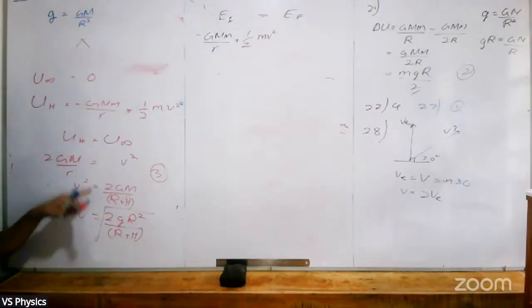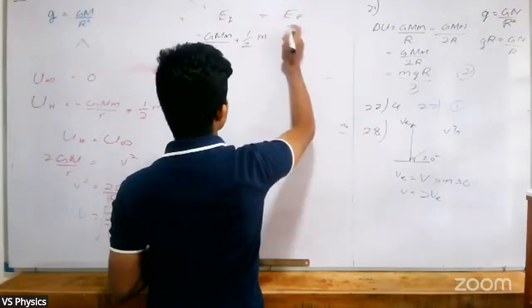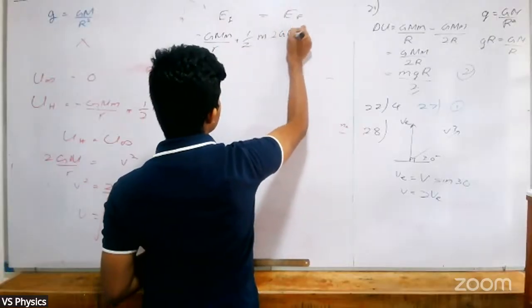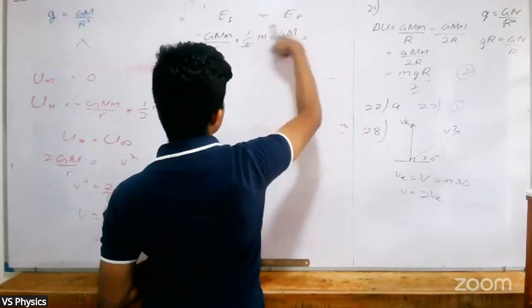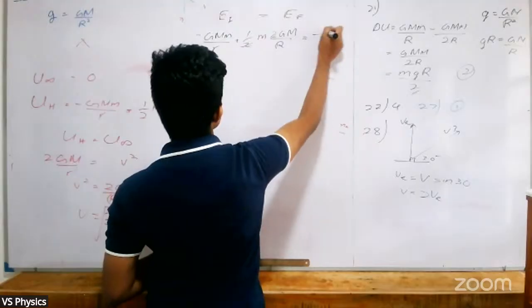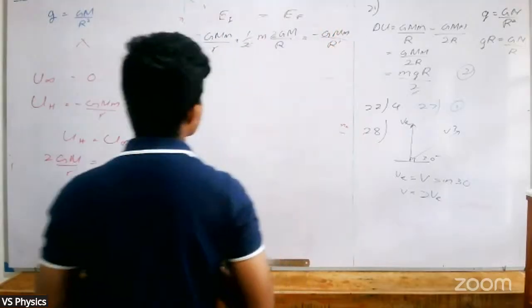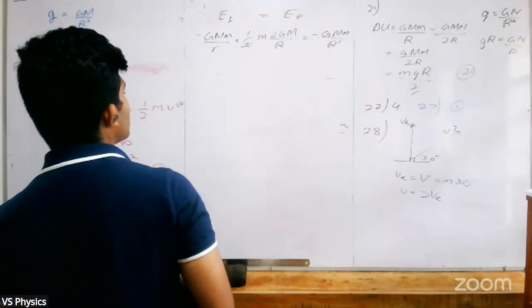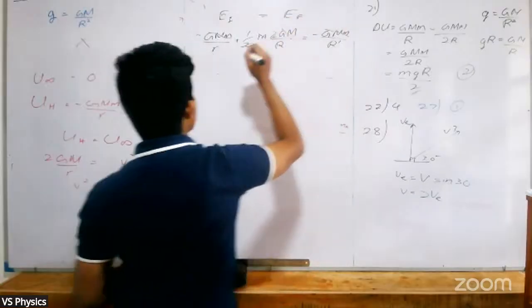Escape velocity squared is equal to 2GM divided by r. We are left with this, equal to minus GMm divided by r dash. GMm cancels off. We are left with